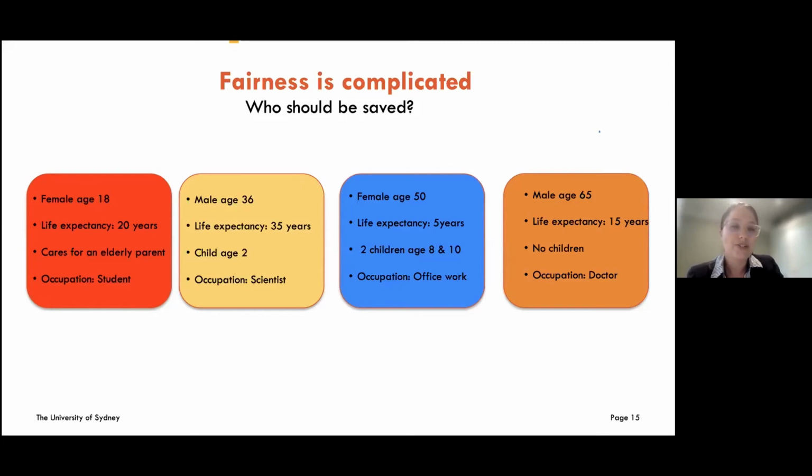Maybe you would like to consider how old the person is. So one way you might think about fairness is perhaps the fairest thing is that everybody gets an equal chance at having some particular length of life. And so younger people have had less life and deserve to have a chance at living as much life as somebody else. So perhaps we want to give it to the youngest person. You might want to get the most value out of the organ in terms of maximizing the economy. So maybe you want to give it to the person who's going to live the longest.